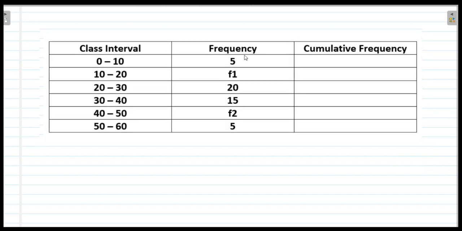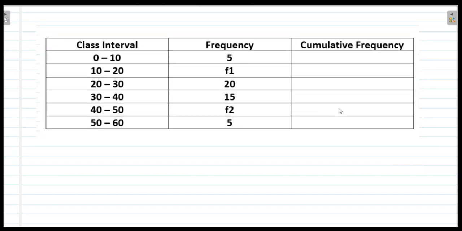So I remove the question and take a new table on the screen. Here on the screen you will see a new table in which there is a cumulative frequency column. It means we have to add one more column, that is of the cumulative frequency, as we have seen in the previous episodes while finding how to find the median of the given data. Now here the class interval is given to you and the frequency is given to you, and we will find the cumulative frequency first. This is the first step.